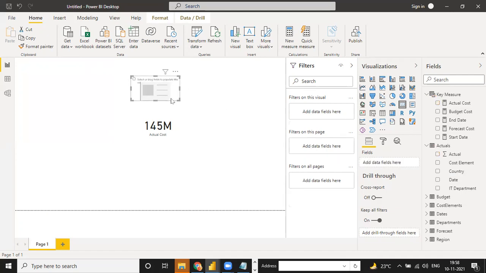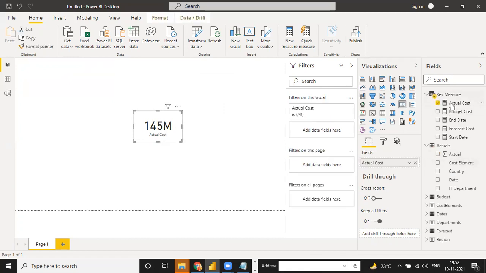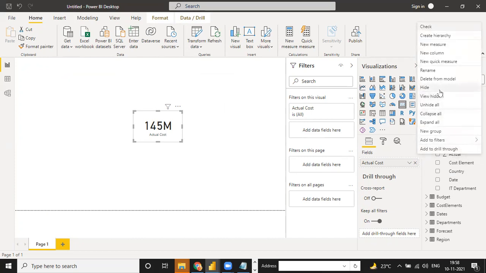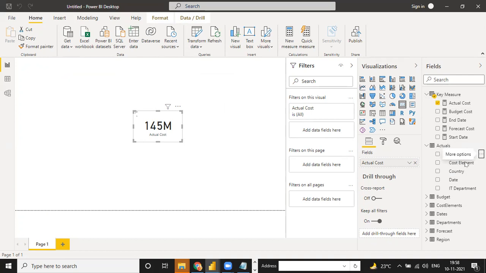So that is the reason that I am going to connect these things. And now when we create actual, budget and forecast, these three, then we don't need this. So I just click on this and hide, because in actual we don't need this. And for this cost, country, date, and IT department, we have this cost, department, and reason. So if I hide my complete actual table,